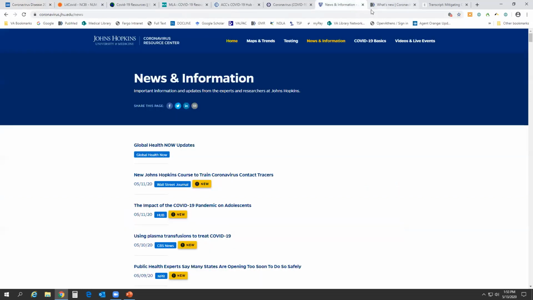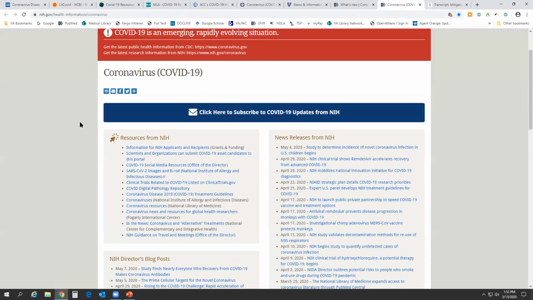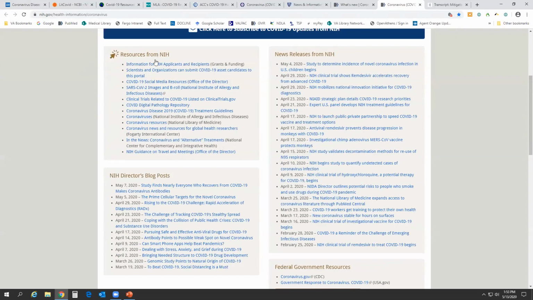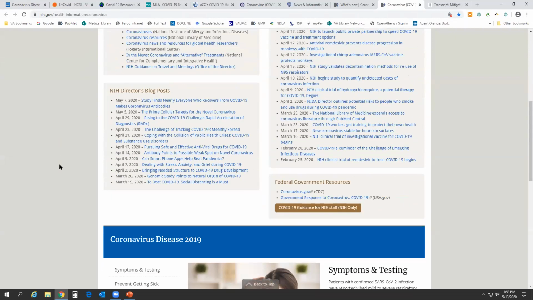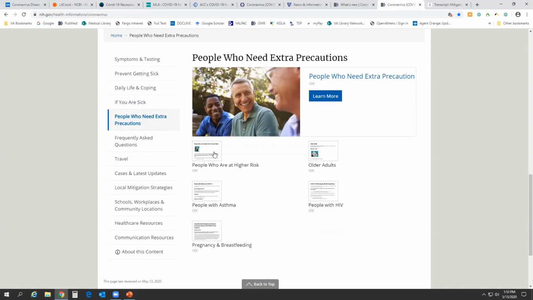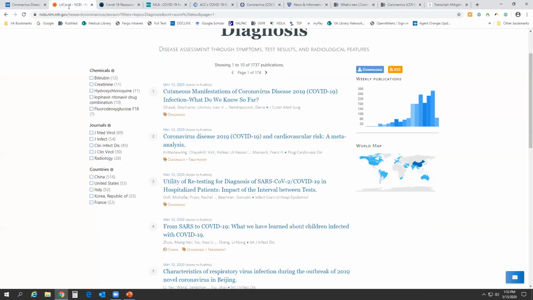I like this one, the NIH's page. I just find it easier to navigate. It has a mix, because it has the more in-depth research articles or research pages. This news is helpful, and you still get some of the consumer-based information. I like this one because it's easy to get to some of the links. Secondly, if I want to look at the COVID research, then I like this one because it narrows things down. I don't have to worry about all the other